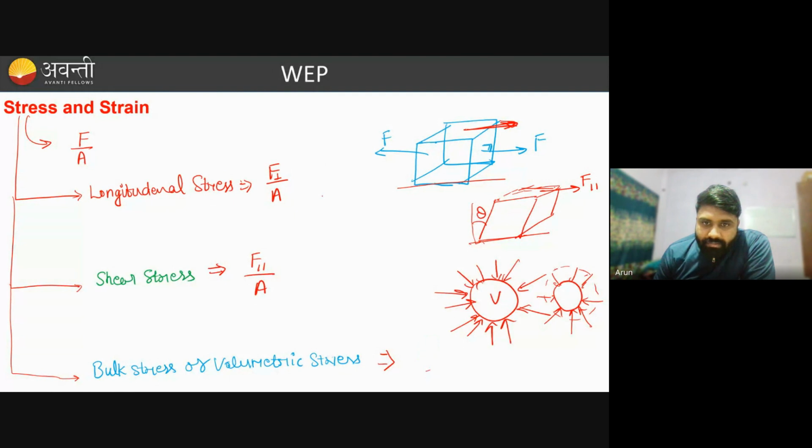and this is nothing but pressure divided by area. Okay, volumetric stress is that pressure we have applied per unit volume. Okay, got it? Now,